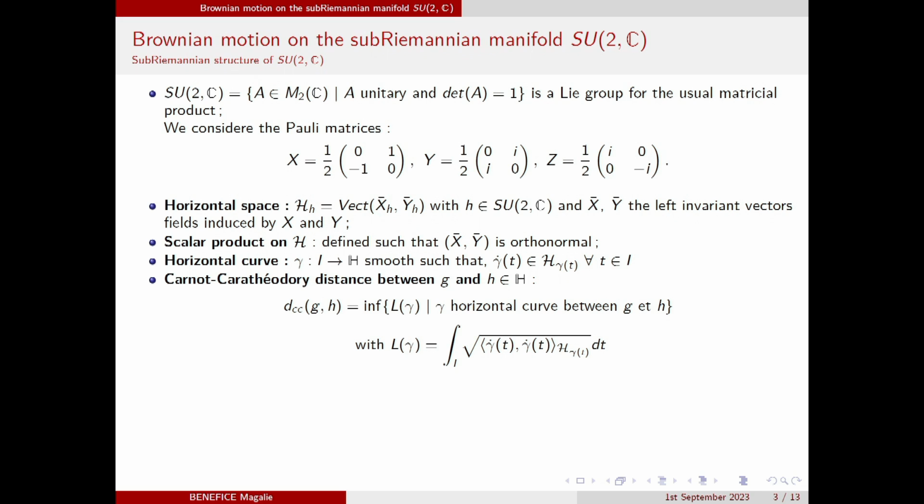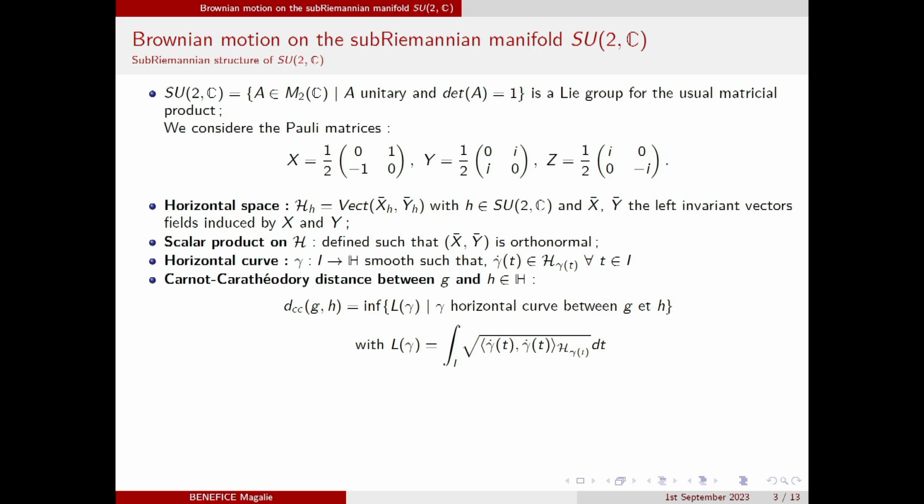So when you want to give a Riemannian structure, what you do is to define an inner product on the tangent space, to say that correctly. Here we won't do that, because the structure we will have with the Laplacian, that will occur with this choice of Pauli matrices of basis of